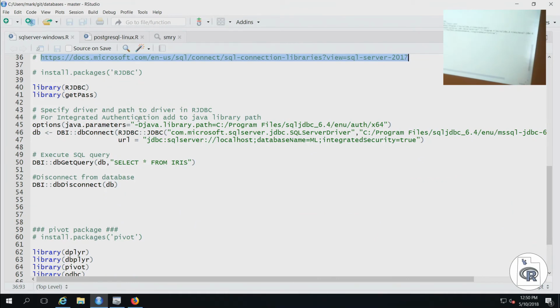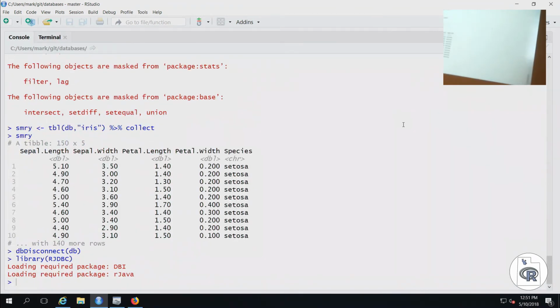I had to do one extra step with SQL Server by adding the path to the DLL, so it would be able to do the authentication piece automatically, so I have to retype my password in for Windows. So that's this first one here, and I'll load that. The getPass